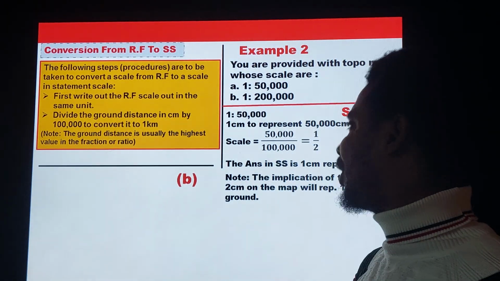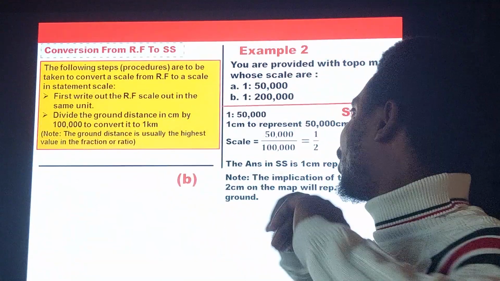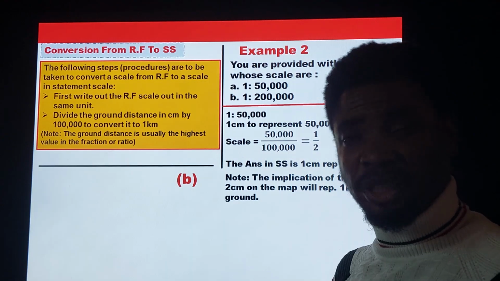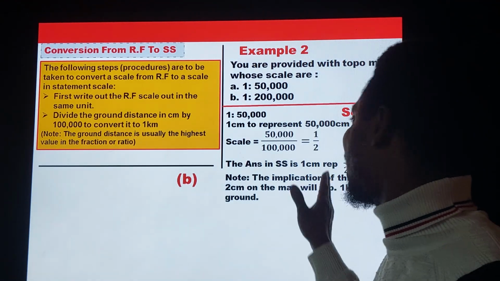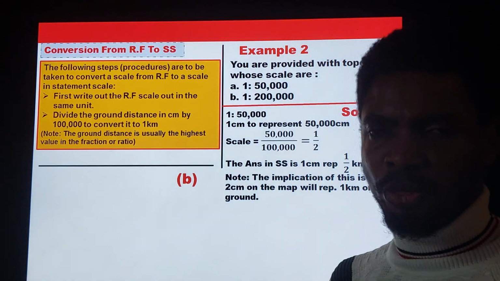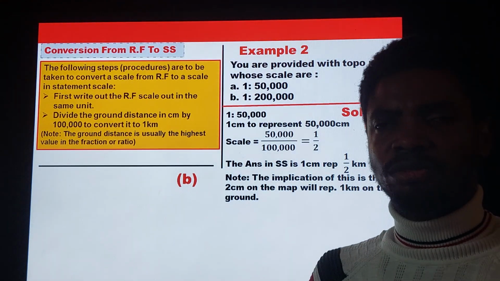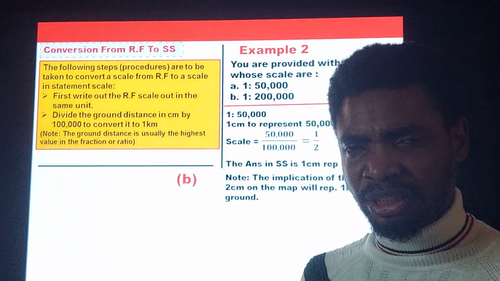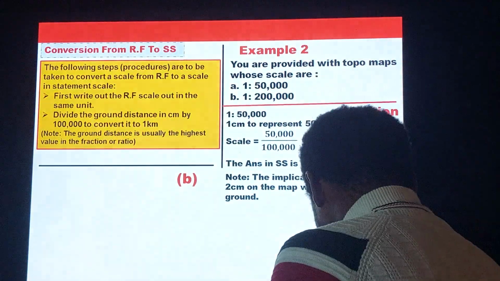So the answer in statement scale means that 1 centimeter represents half kilometer on the ground. And that is what you have here. 1 centimeter on the map represents half kilometer on the ground surface. Then the second